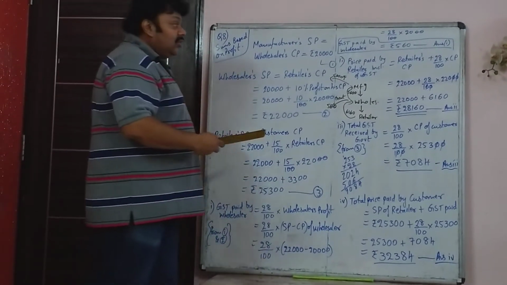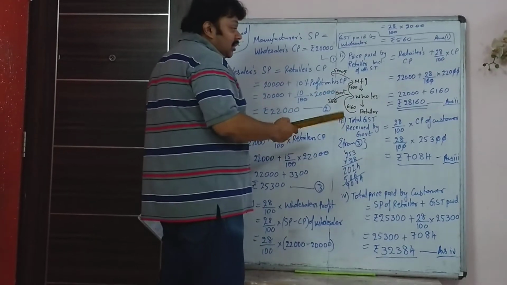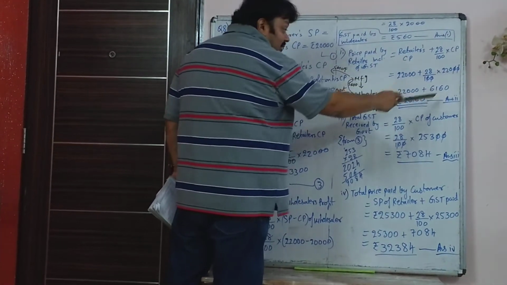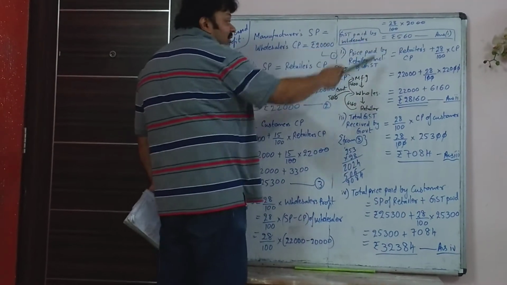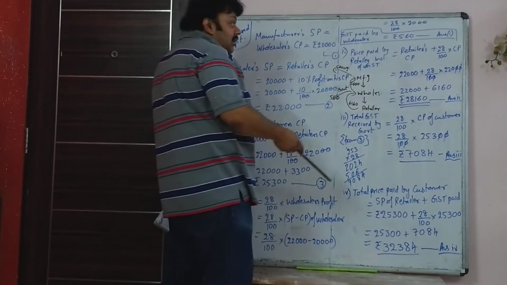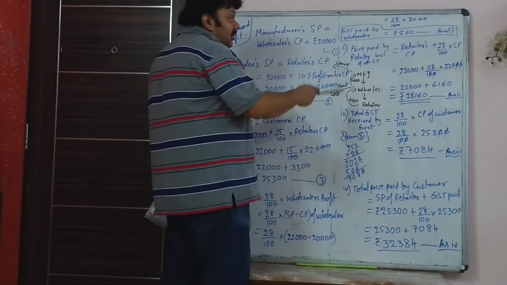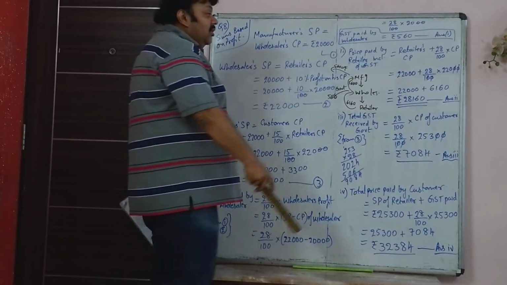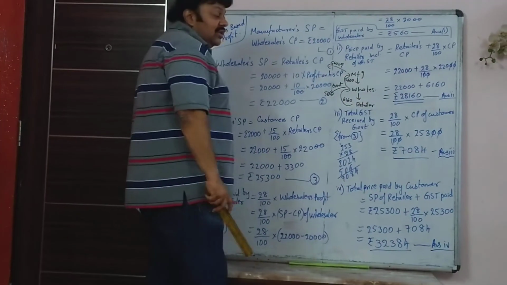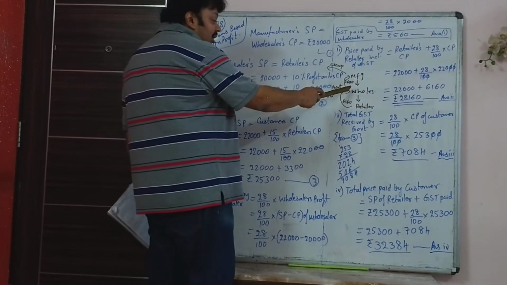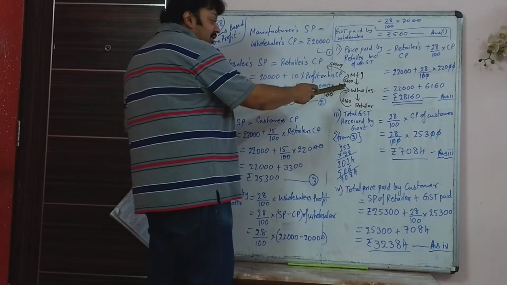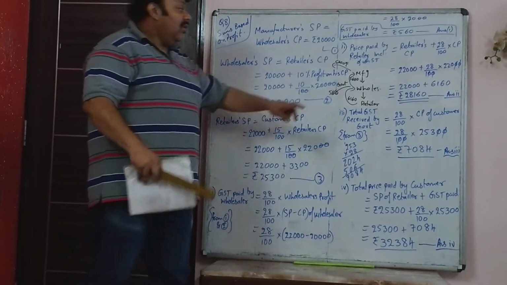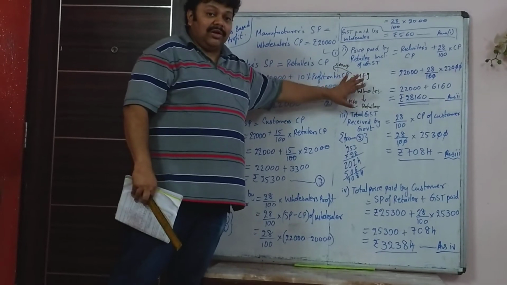This is just for you to understand, because when you are solving, you will feel that this person collected 6160 and there is 560. Why is he doing that? The wholesaler paid only 560 rupees, and then why is the wholesaler getting 6160? He got 6160 and paid 560, but he had already paid 5,600 to manufacturer. All those questions were not asked, so we didn't have to find.